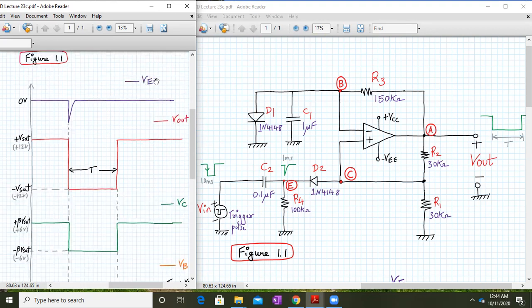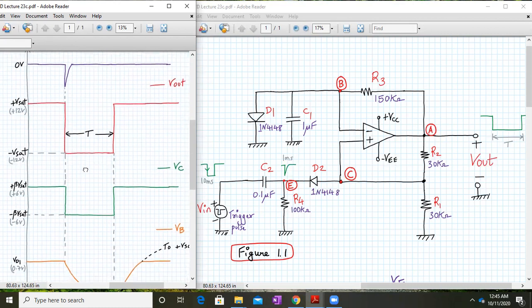So let us analyze the waveforms in short. The first one is Ve, the purple color waveform. This is a negative going pulse from amplitude 0 to -5, and its duration is very short, less than around 1 millisecond. If you work out with these numbers, you will get around 1 millisecond duration. In today's lecture, our main focus is deriving this pulse width T. This T is the pulse width of my output, which I obtained over here, and it has a height of plus Vsat and minus Vsat. In our case, we can consider it to be plus minus 12 volts.